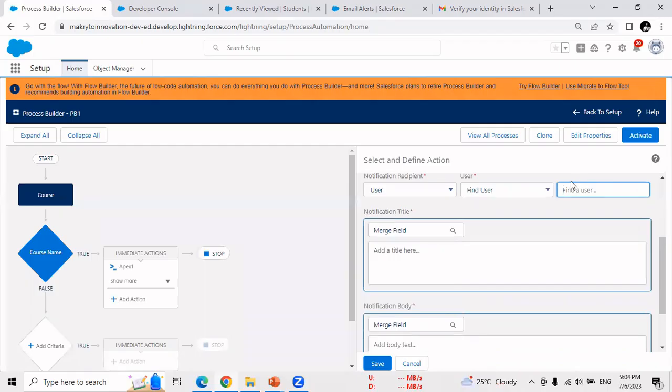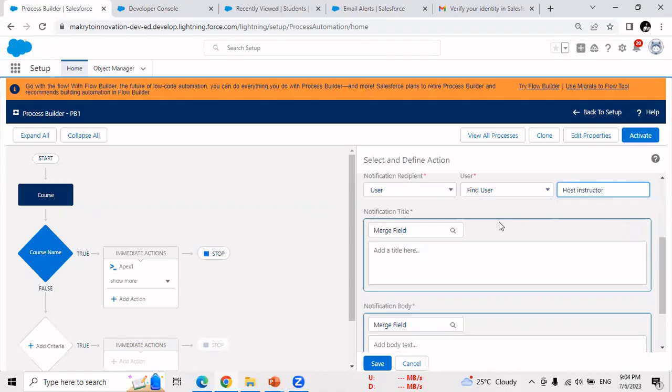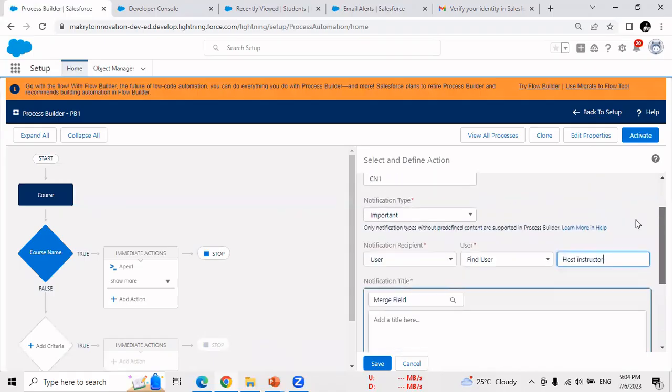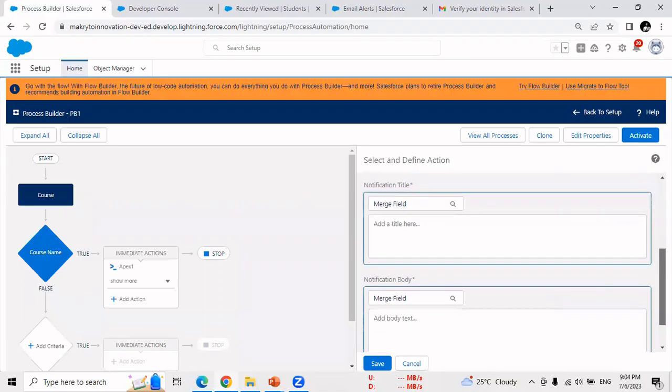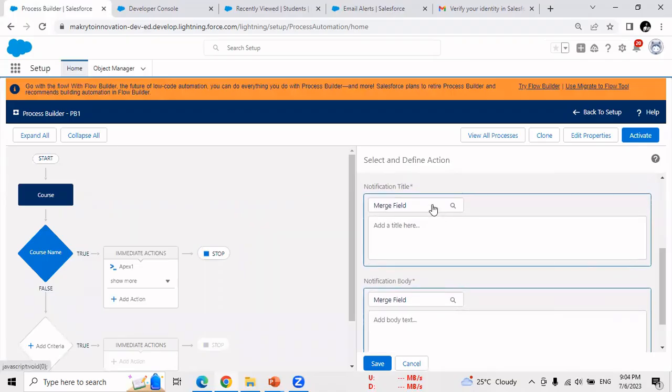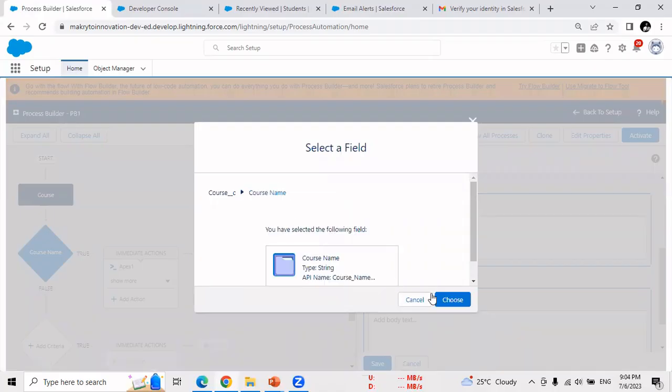Let's say host instructor. This is host instructor. इसको ये ईमेल जाएगा तो ये इसी पर्टिकुलर अकाउंट में मुझे नोटिफिकेशन आना चाहिए, तो इसीलिए मैंने होस्ट इंस्ट्रक्टर सिलेक्ट किया. देन नोटिफिकेशन का टाइटल देने का है हम लोगों को. यू कैन सिलेक्ट. आई एम गोइंग टू मर्ज दिस फील्ड. ऐसे